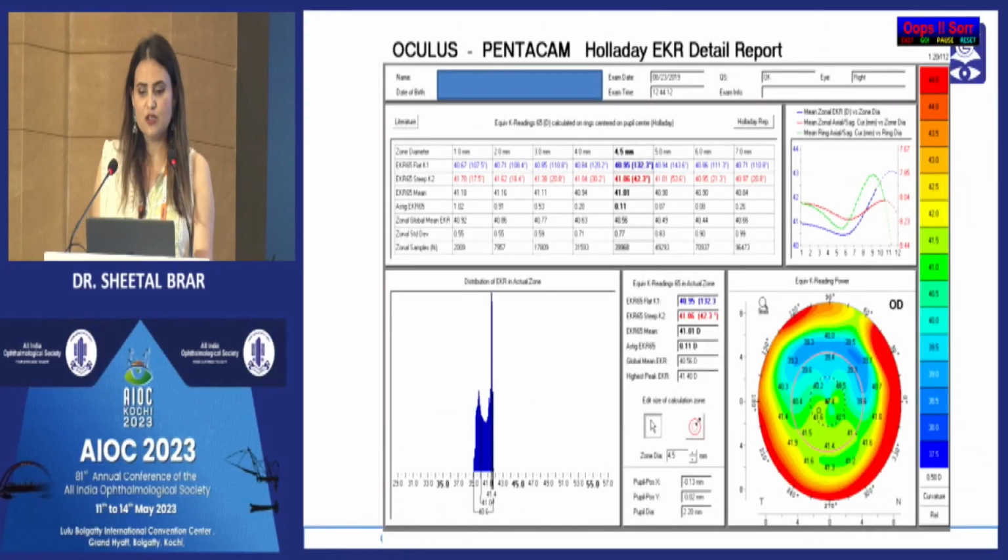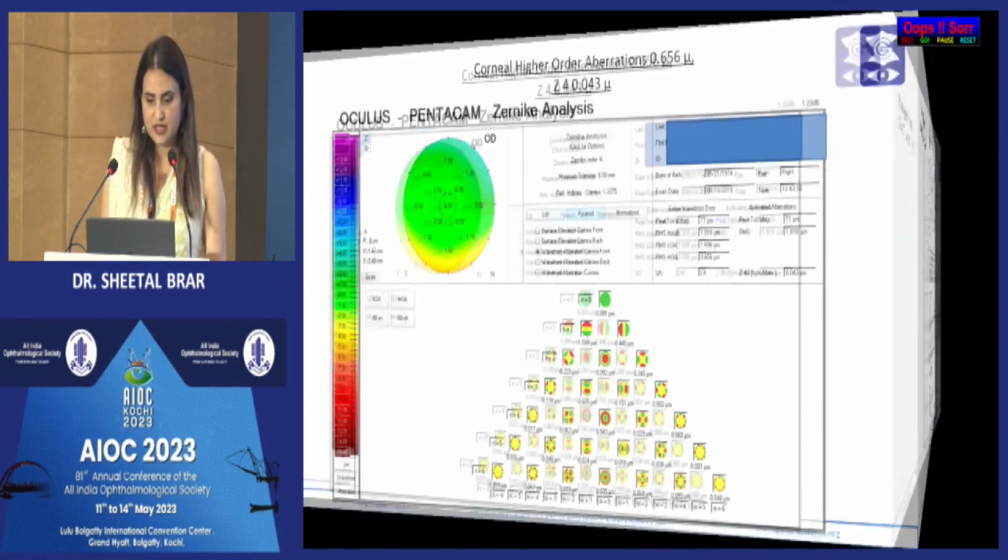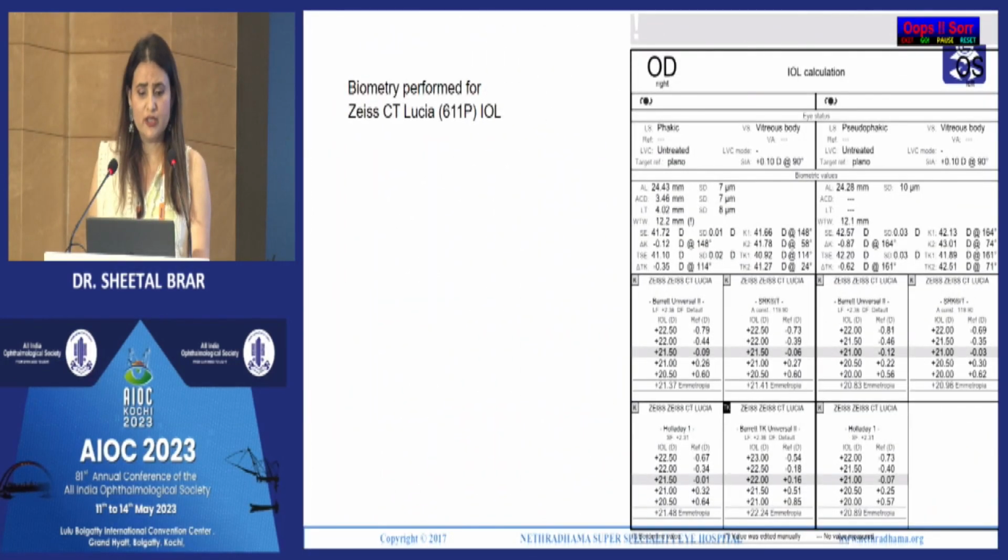But when you see the Holladay EKR report, you see two peaks there, so it's not really very regular. So we thought it is better to implant a monofocal lens in this case. And this is the Zernike analysis. Corneal aberrations were also on the higher side, so we decided to perform biometry for Zeiss CT Lucia, which is